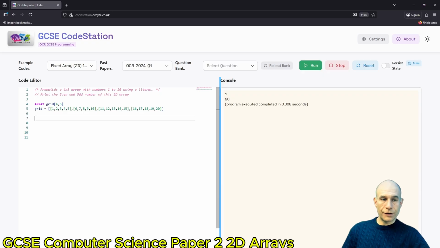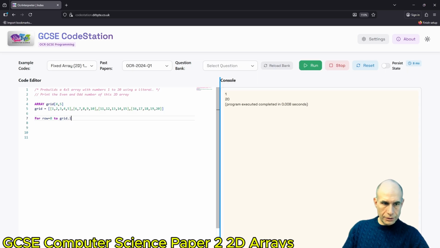So first thing is I need another loop to go over each item of the array, right? So I will create the first loop to go over the rows of this array. Let's do it one by one. I create this variable called row because that's easier. This is my row counter, and I start from 0. So for row equal to 0 to, and my array name is called grid,